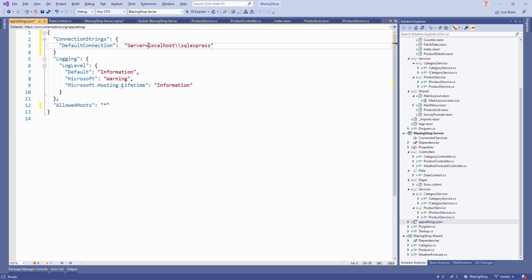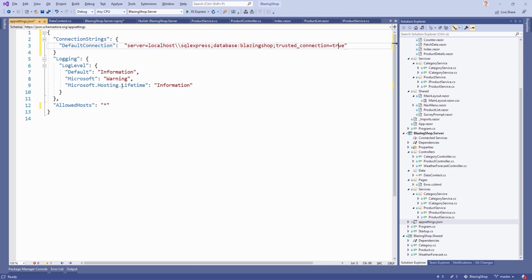And this thing is case insensitive, so we could just say server equals, sometimes maybe you see SQL Express in uppercase. Let's do it like that. SQL Express. Then already the database name. Totally up to you. Let's call it Blazing Shop. And then trusted connection